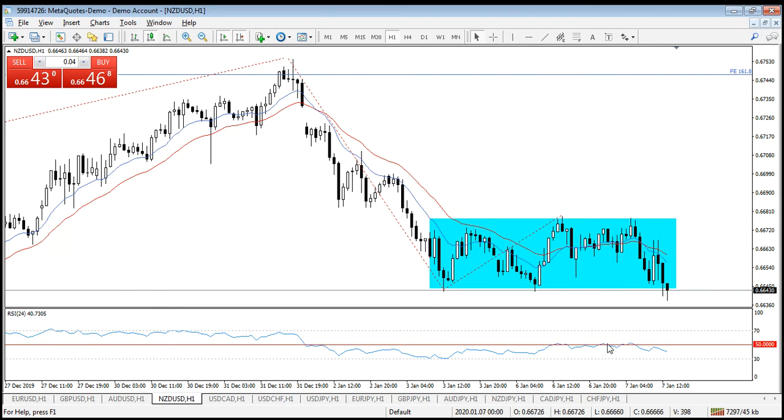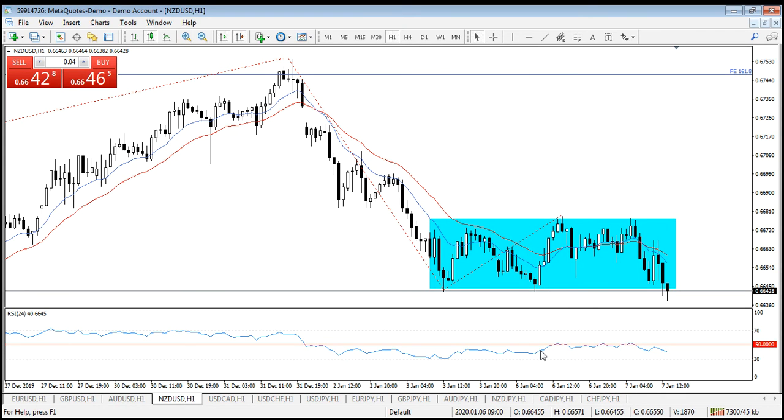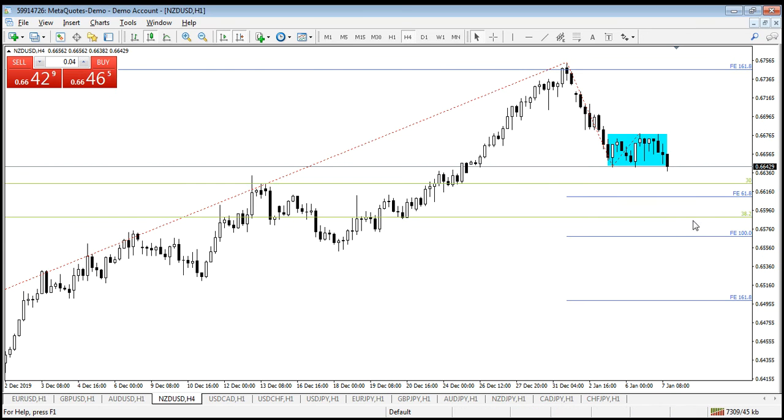RSI struggled around 50, couldn't make any very fast angle like this. If RSI was going like this, and if it kept going like this to the upside, then it would be considered a real change, and it would not make such a rectangle kind of consolidation. But you can see that after this movement, RSI struggled sideways and finally broke into the downside, and this is the very clear signal that price is really weakening, and we can easily target this 38